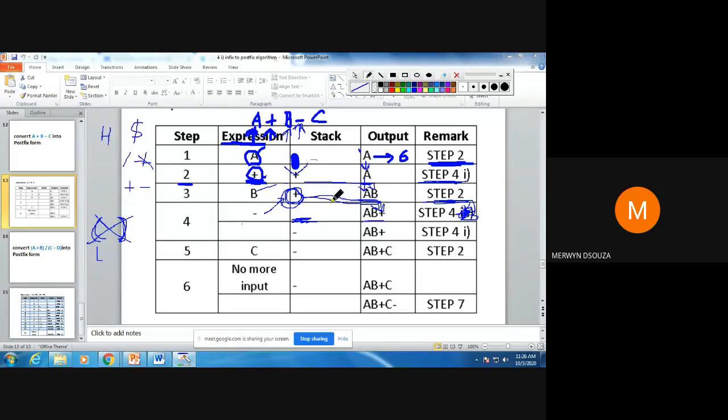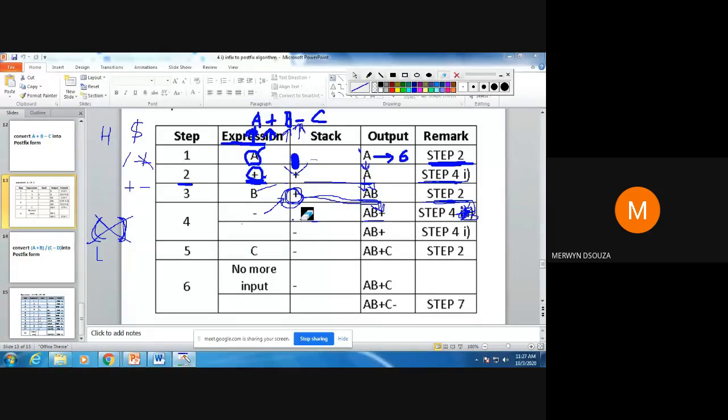After that you will repeat step 4. When you repeat step 4, again it is an operator. You check what step you can apply here. Right now what is the content of the stack? Stack is empty. After you pop plus, the stack is empty.